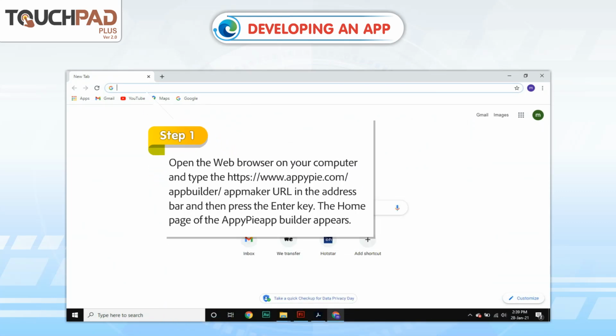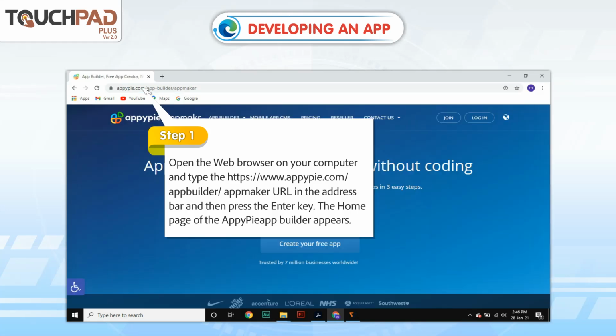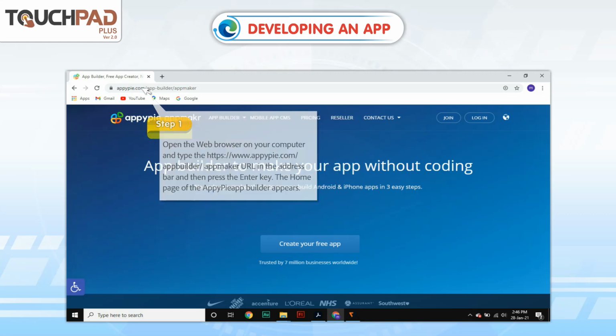Step 1. Open the web browser on your computer and type https://www.appypie.com/app-builder/appmaker URL in the address bar and then press the Enter key. The home page of the AppyPie app builder appears.